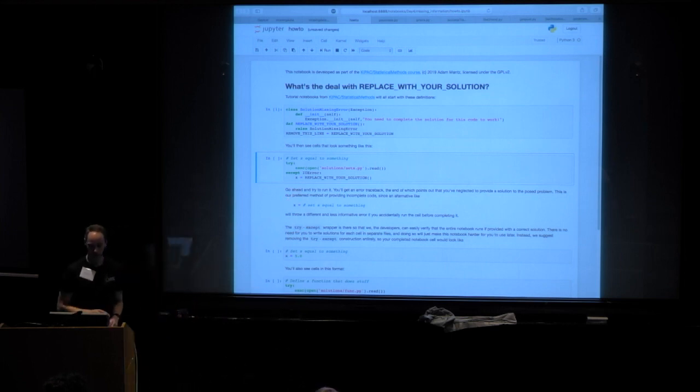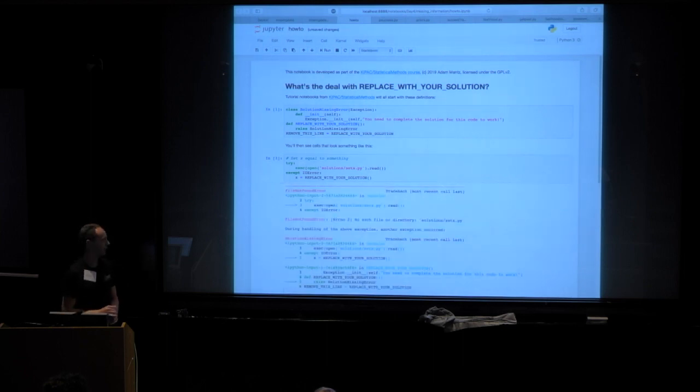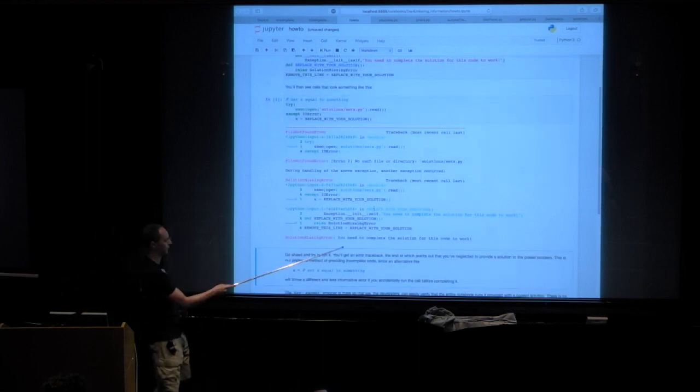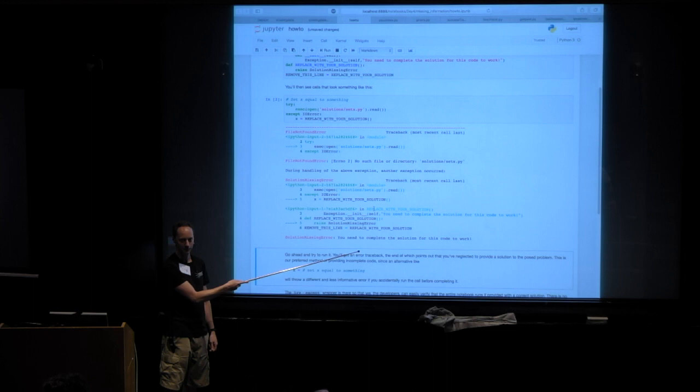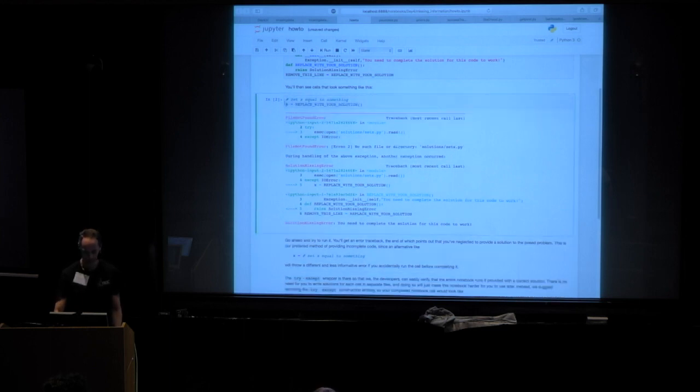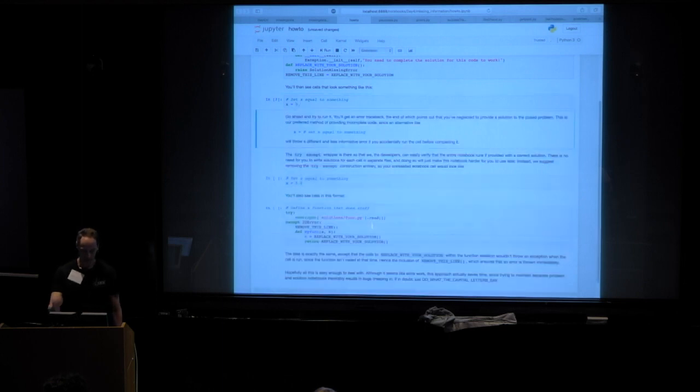The reason for all this is if you are just clicking through and don't realize that there's something to be filled in there, then you will see an error. And if you go to the bottom of the traceback, it will actually tell you the reason for the error is you didn't put in the solution. So what should you do when you see this? You should go up here. You should delete all of that junk, and then do what it says in capital letters, and then you will be fine.